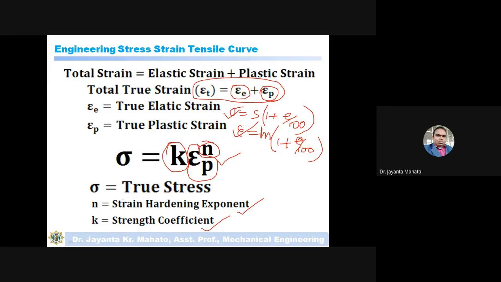From this relationship, you can calculate the strain hardening exponent and strength coefficient K. Now I am giving the calculation procedure from raw data.